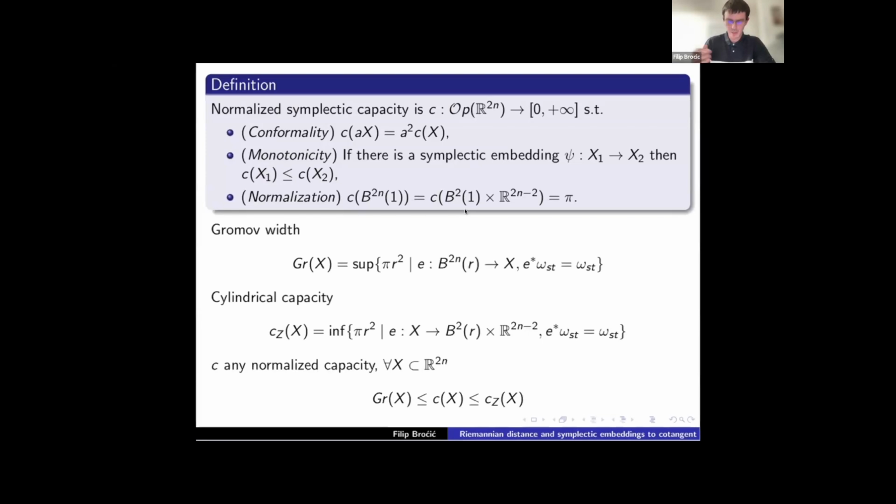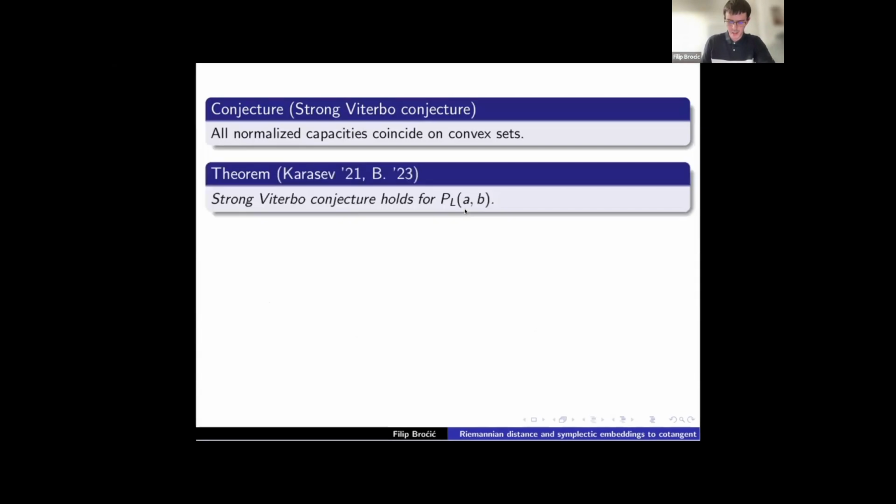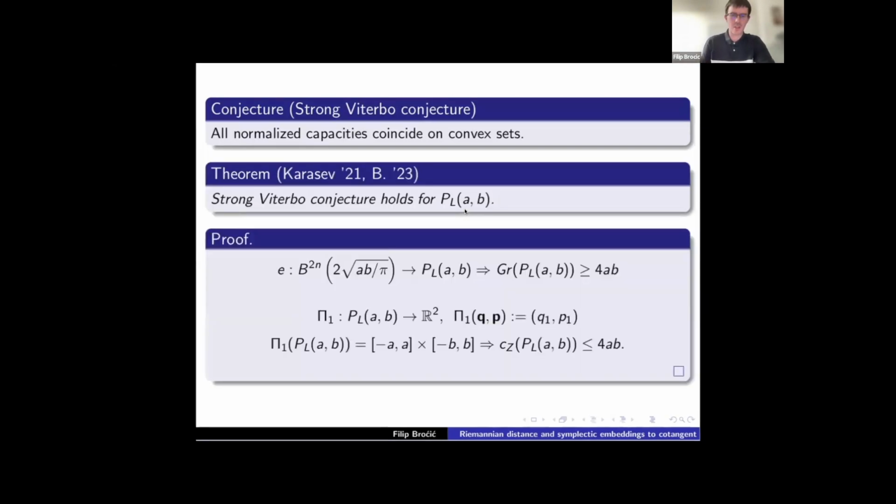And the main two examples for us are the Gromov width and the cylindrical capacity. The reason is all other normalized capacities are squeezed in between the Gromov width and the cylindrical capacity. But the strong Viterbo conjecture states that all normalized capacities coincide on convex sets. So essentially, we need to prove that the cylindrical capacity coincides with the Gromov width, and with this construction of an embedding that I just presented, we get that the Gromov width is bounded from below by 4 times AB for a Lagrangian B